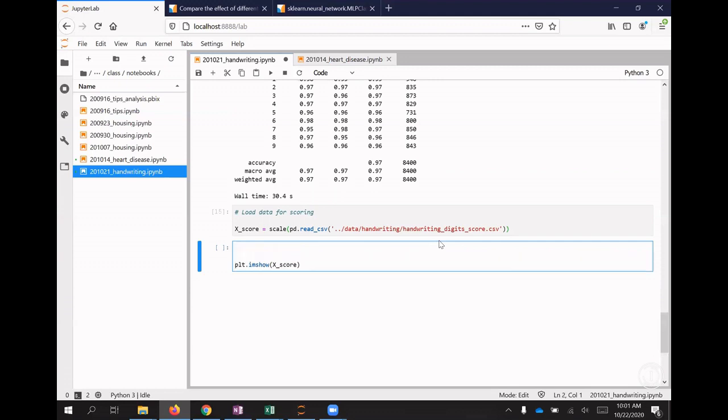So if we say for i in range col times row, and then I set my col and row to be 10 and 4,